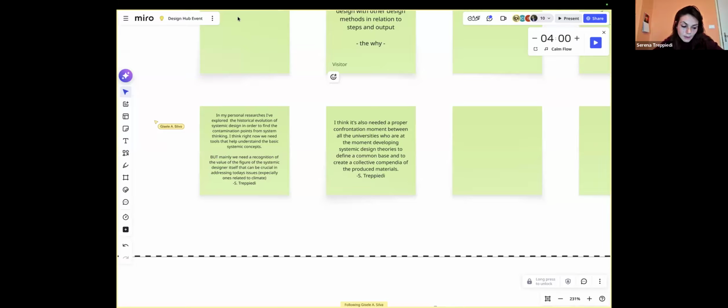And I think what is really missing right now, which makes all the research but also all the communication very complex, is the absence of a concrete center point where all the information about system design, system thinking, and these new fields is defined.